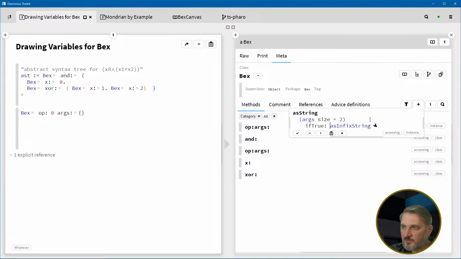And we'll say that. No, I think we have to say self, right? Self as infix string. If false, then